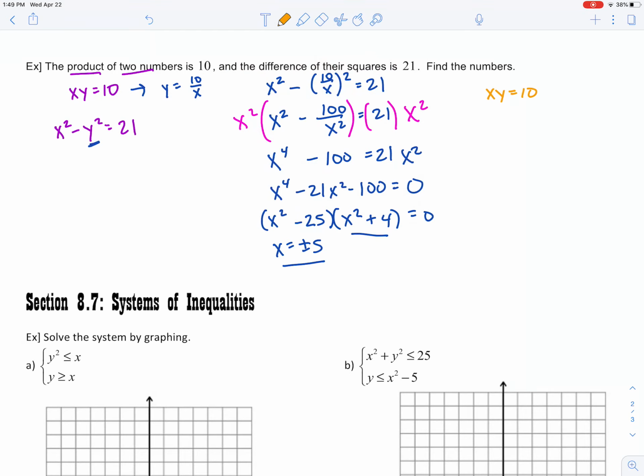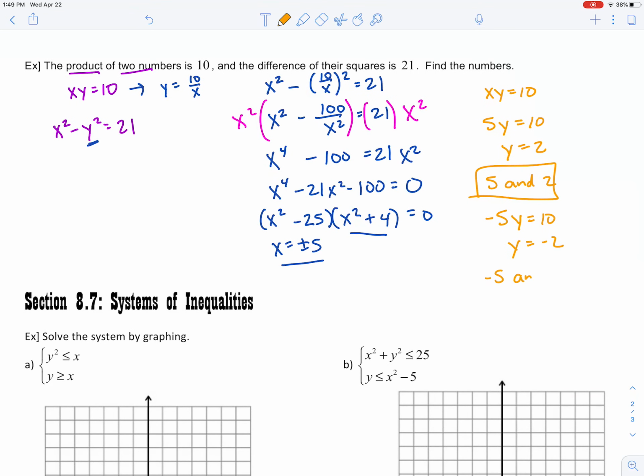So I have this equation from earlier. So if x is 5, then y would have to be 2. So the two numbers could be 5 and 2. The other possibility is what if x is negative 5? So I replace x with negative 5. So the other possibility would be negative 5 and